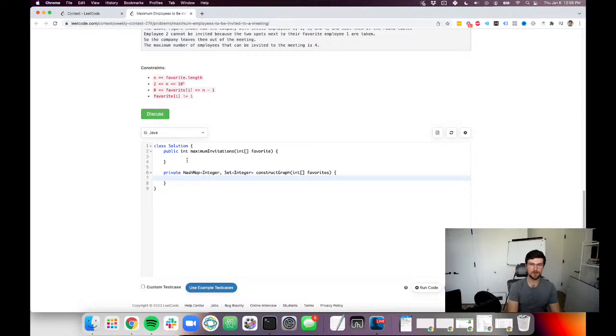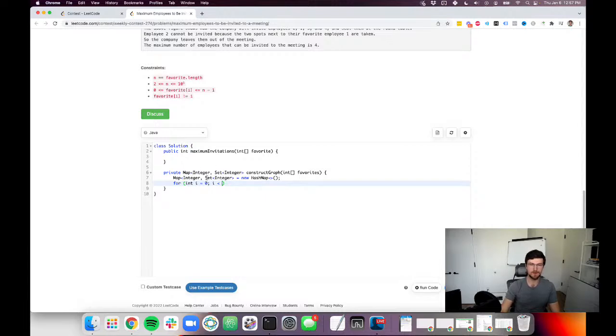And what is this going to do? Well, this doesn't need to be a hash map, but then we're going to add all of our favorites to this, right? And so to do that, we'll say for int i equals 0, i is less than,